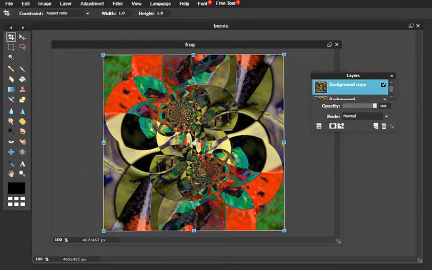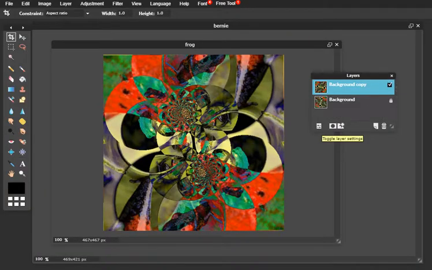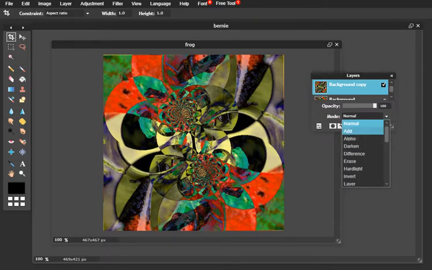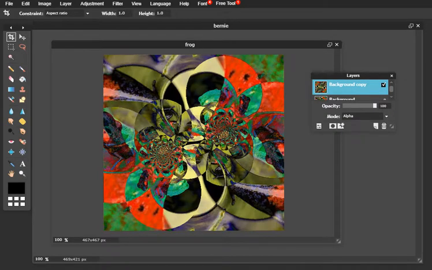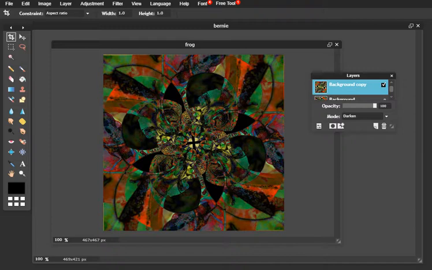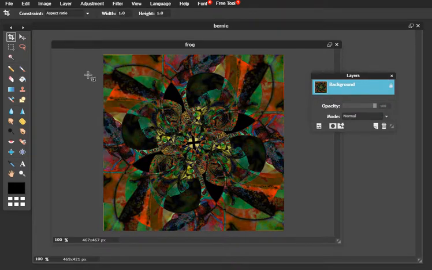and commit the change, yes, by clicking this as I did first, and then I'm going into blend modes again, and I'm going to look at add, I'm going to look at alpha, that covers it up, darken, I like that, it's just a little dark, but that's okay, so I'm going to keep that, and I'll say Layer, Flatten Image, merging them into one,